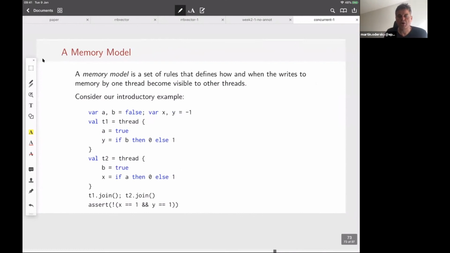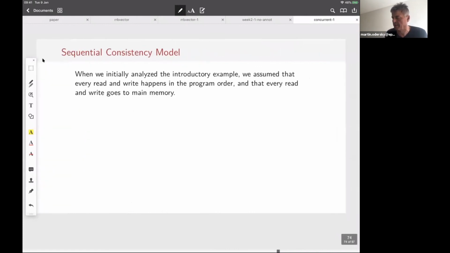A memory model should be able to clarify situations like the introductory example, where we had these two threads assigning A and B and X and Y, and at the end we would like to assert that X and Y are not both one, but it turns out that's not always the case. The memory model does not guarantee that outcome.